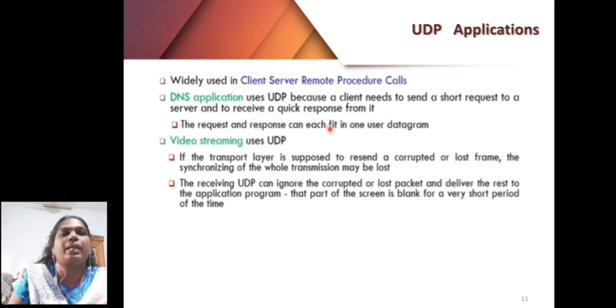So UDP applications include remote procedure call, DNS applications using UDP for request response messages, then live video streaming or real-time data. So these are the UDP applications.